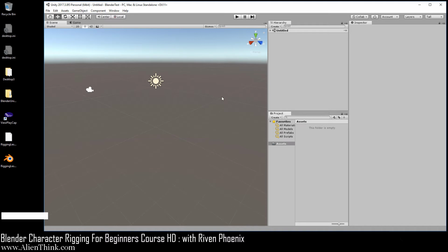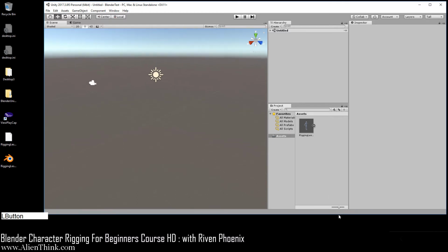Now it's going to seem like Unity has crashed or something. It's not. It kind of freezes because it takes time for it to read the blend file. It's actually working behind the scenes. And you can see that when I hover my mouse over the menus, nothing is being highlighted over here because it's still thinking. Now I'm not sure what the reasoning behind this is, why it takes so long for it to figure this out. Now over here, it's just going to start to read the blend file. And here it is.